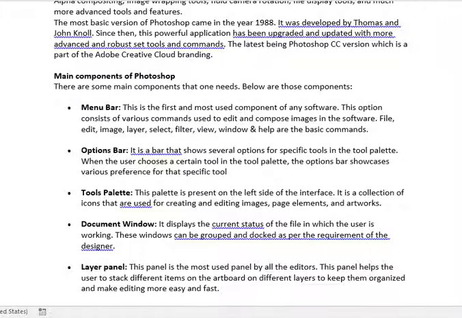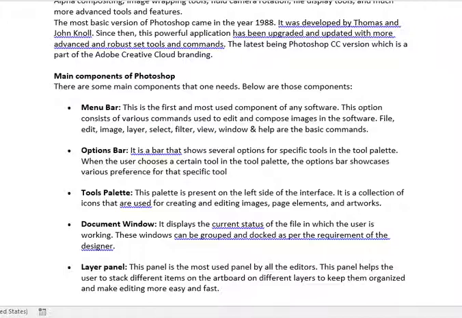Menu bar is the most common and first component of any software. When you use any other software like Word, Excel or any other, all software have their own menus, and these options consist of many commands such as editing and composing, like File, Edit, Image, Layer, Select, Filter, View, Windows, Help and other basic commands.